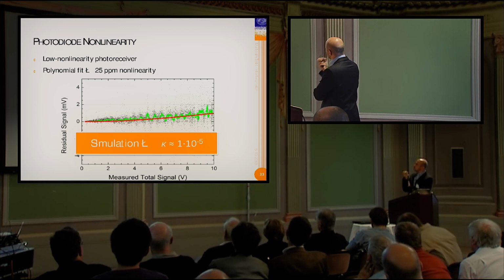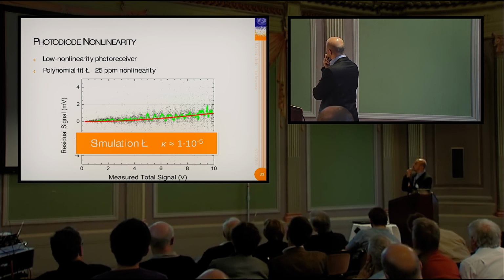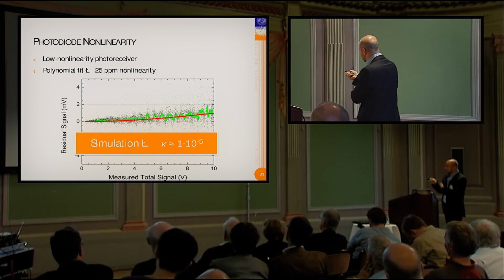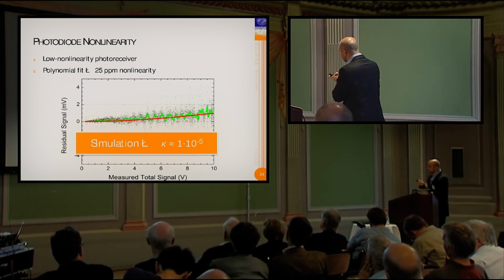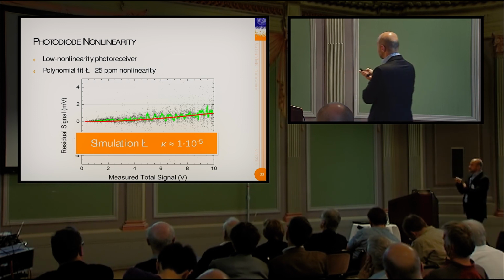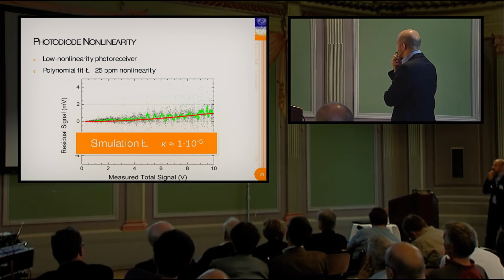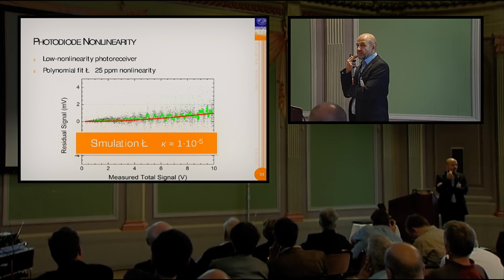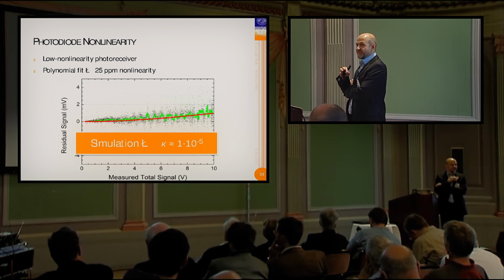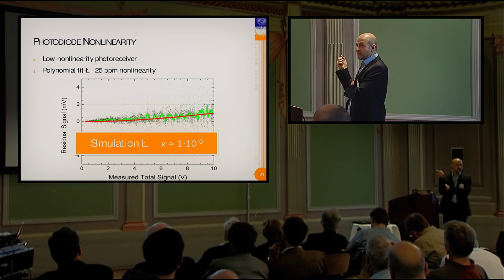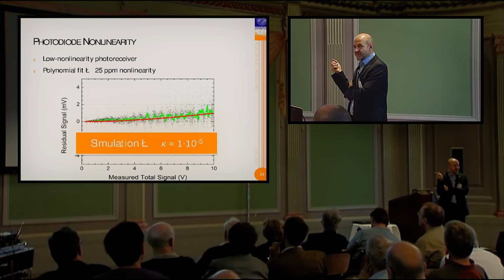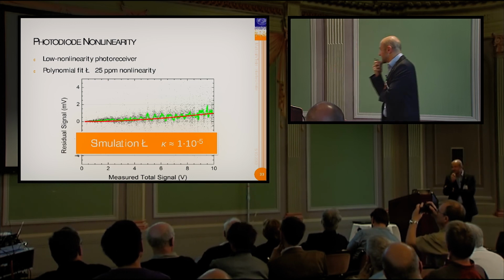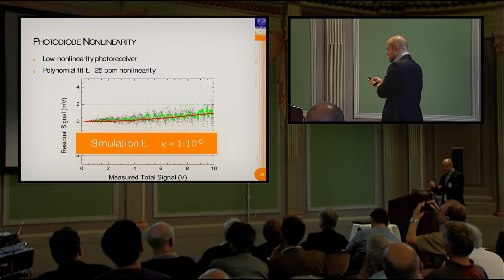Wait, no, that must be wrong. 1 millivolt, 10 volts, that's about 100. So this is about 100 here in this curve. And now it turns out if I plug this into a simulation, I find that my kappa should be about 1 times 10 to the minus 5. So the conclusion is I have some reason why it would be non-zero, but I can't explain the full level of non-zero-ness yet, okay? This is the conclusion for this detector.